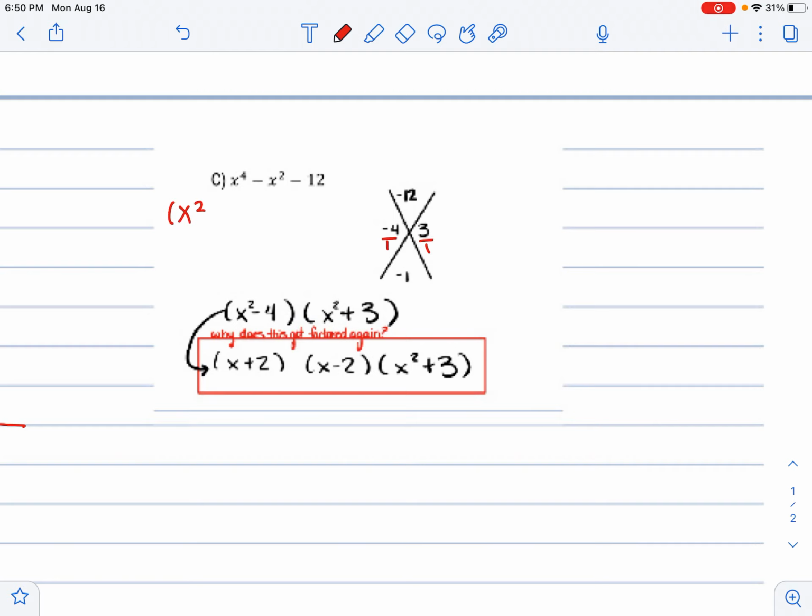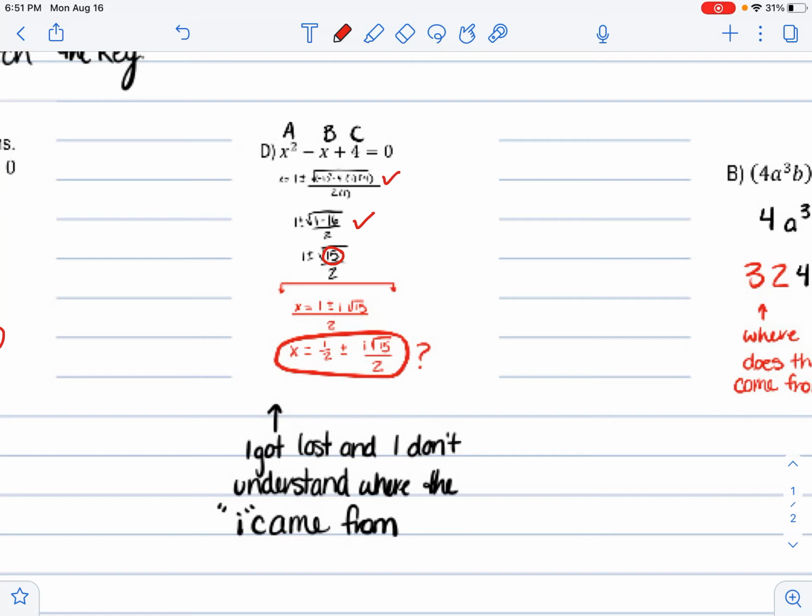Okay, so quadratic formula, good. And then, okay, so here's where you made your mistake. I see it right here. 1 minus 16 is not 15. 1 minus 16 is negative 15. So you have x equals 1 plus or minus the square root of negative 15